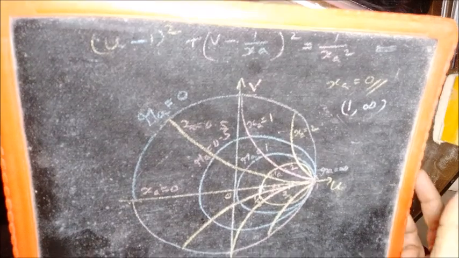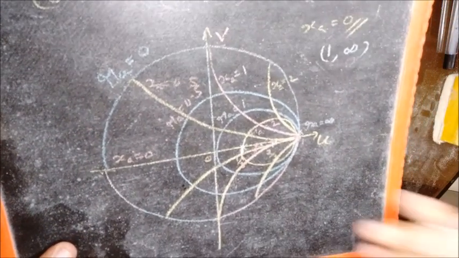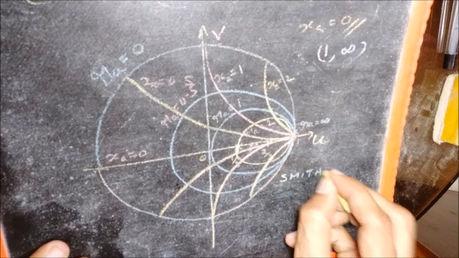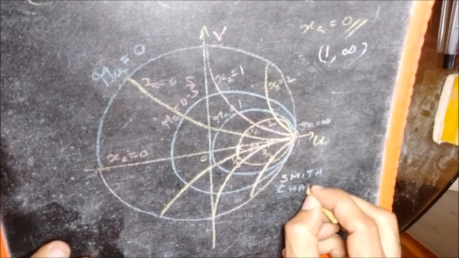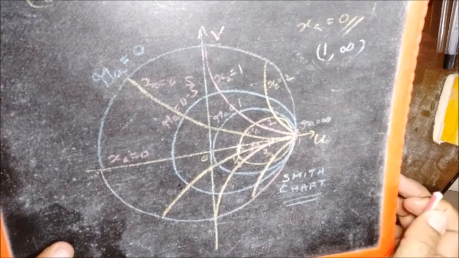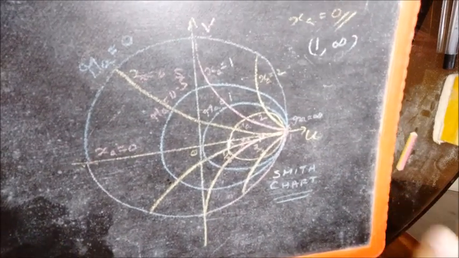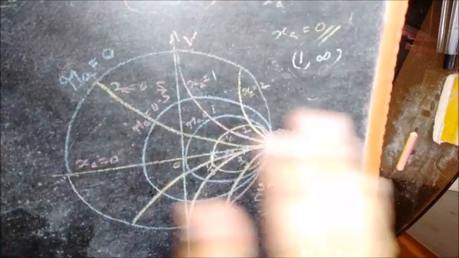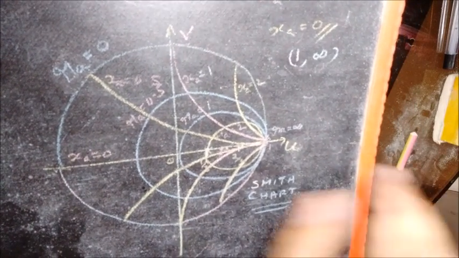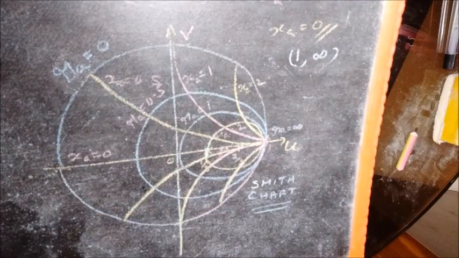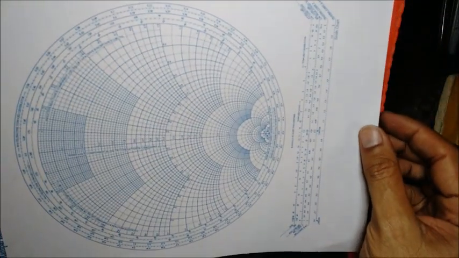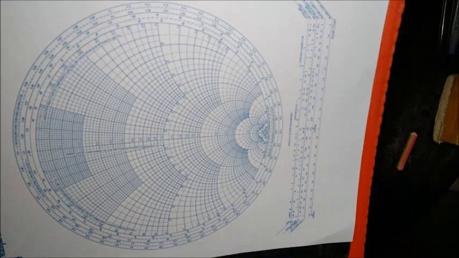Okay, so this is what a Smith chart is. And an actual Smith chart, which is of some practical use, will look like this. So I will show you this is the basic structure, and the complete complexity, the complex Smith chart will look like this. This is how it looks.